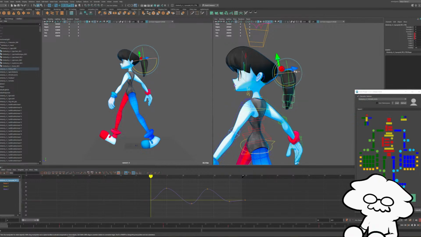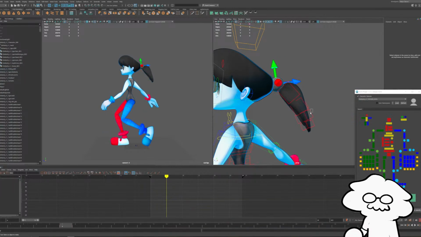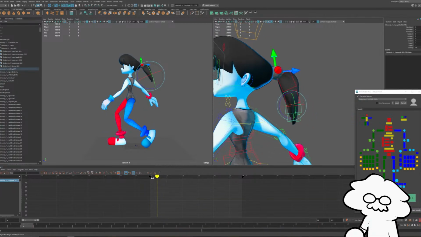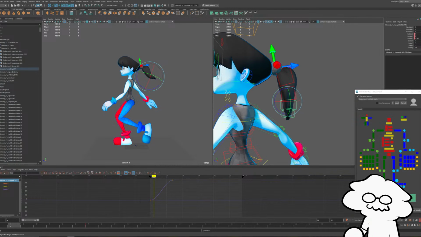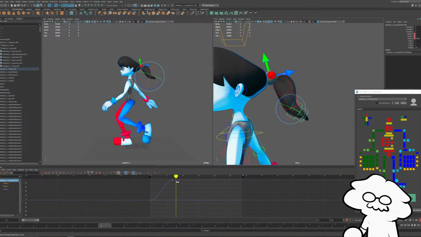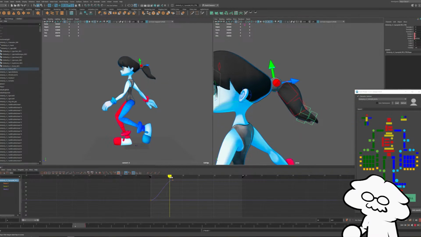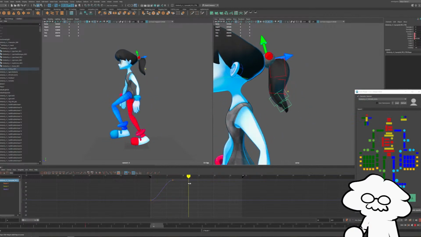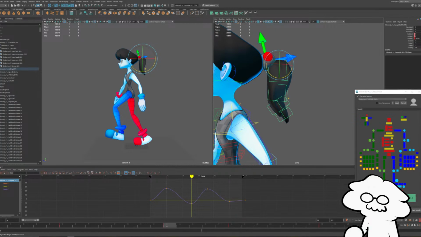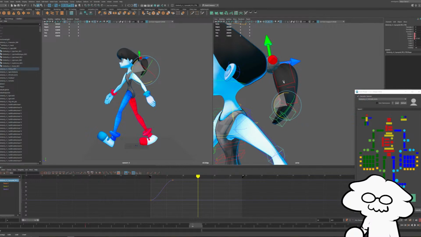So if the main rotation is on this frame, then we want the lower part to be a few frames afterwards when it comes to the rotation. So we're going to rotate that one up a few frames after this stops rotating. And then same for the other direction. So it's going backwards now, and a few frames after this control stops, we'll put a rotation frame the other way.